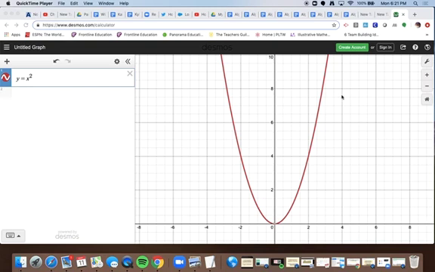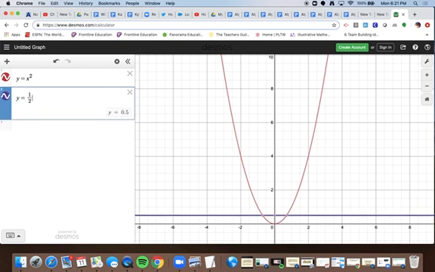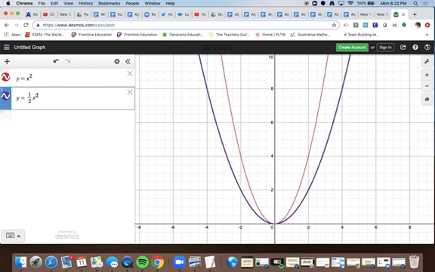All right, hey guys, now we talked about vertical dilations. Let's discuss horizontal dilations and the difference between the two. A vertical dilation, as we discussed, is when you multiply the whole function by a factor. So if I take y equals 1/2 x to the power of 2,